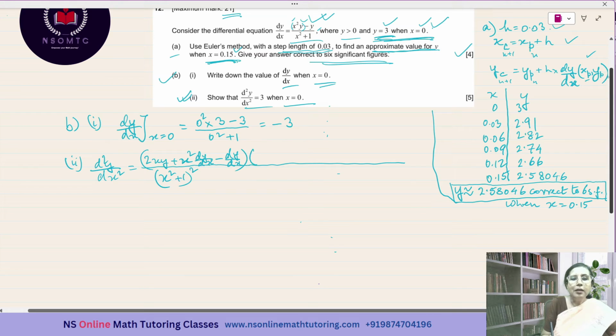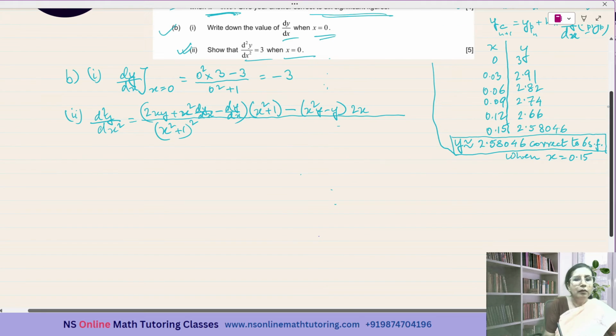The denominator is x square plus 1, minus the derivative of the denominator x square plus 1. Okay, first of all, let me write the numerator. X square y minus y, and the derivative of the denominator is just 2x. Okay,